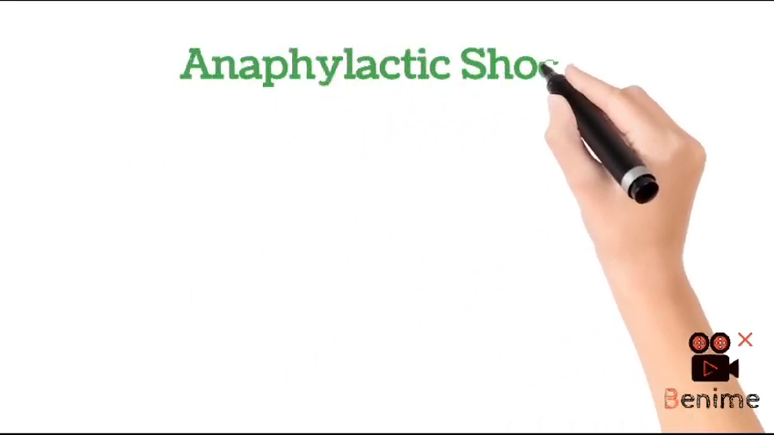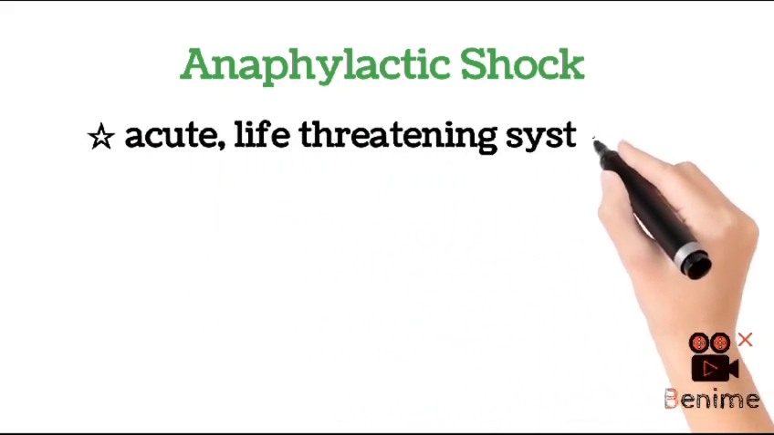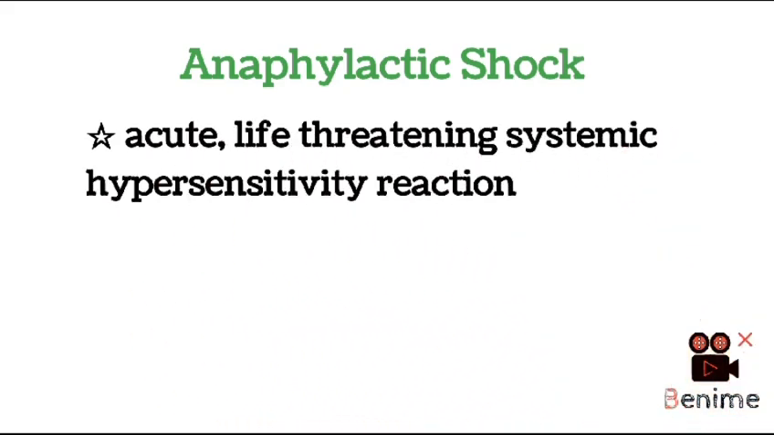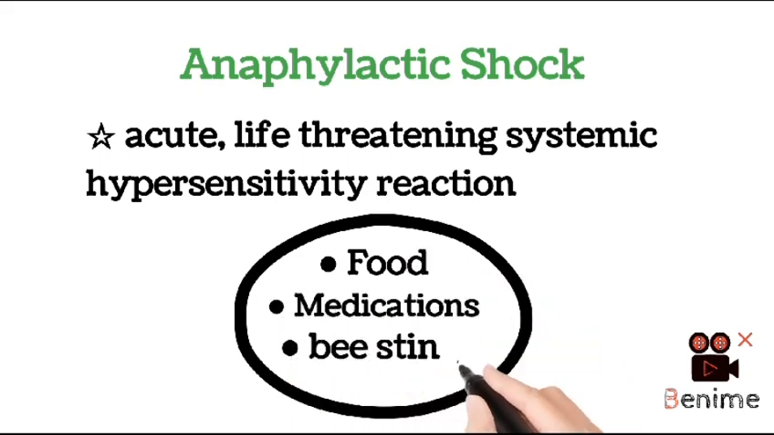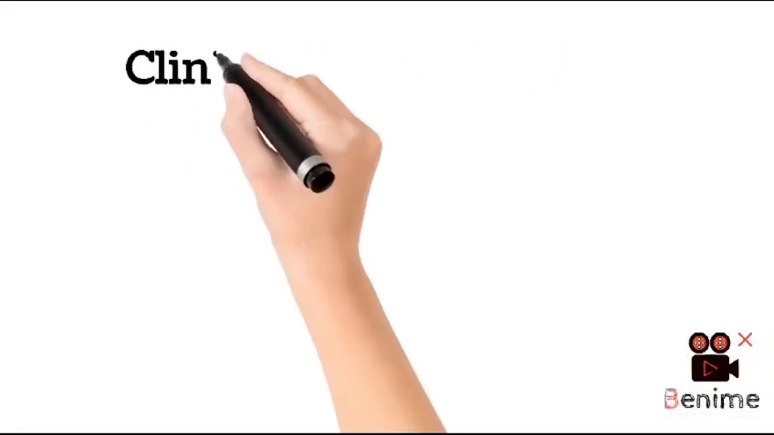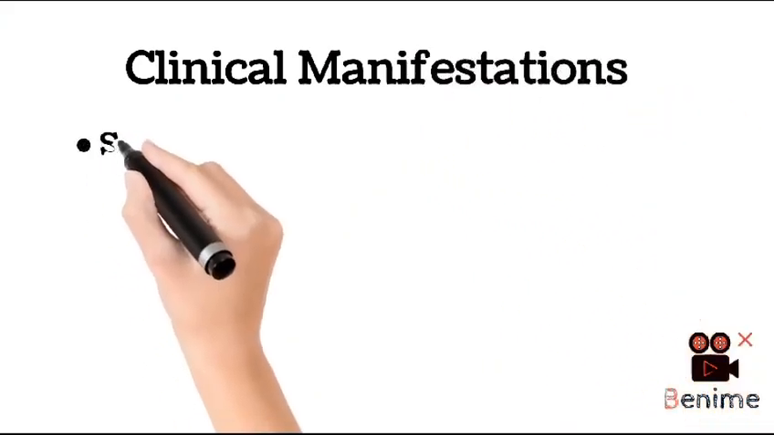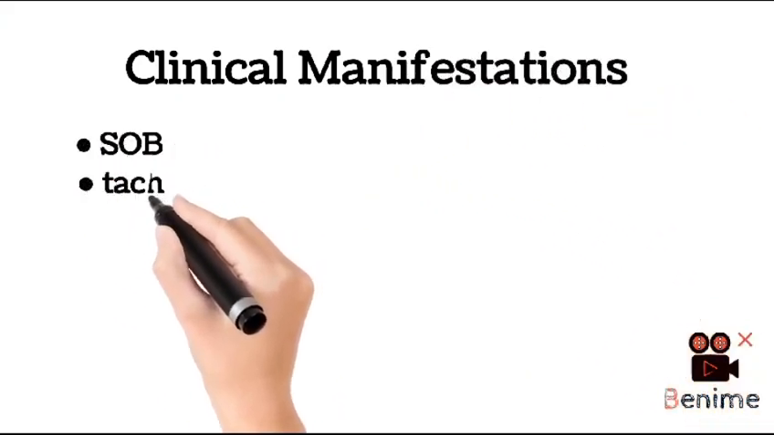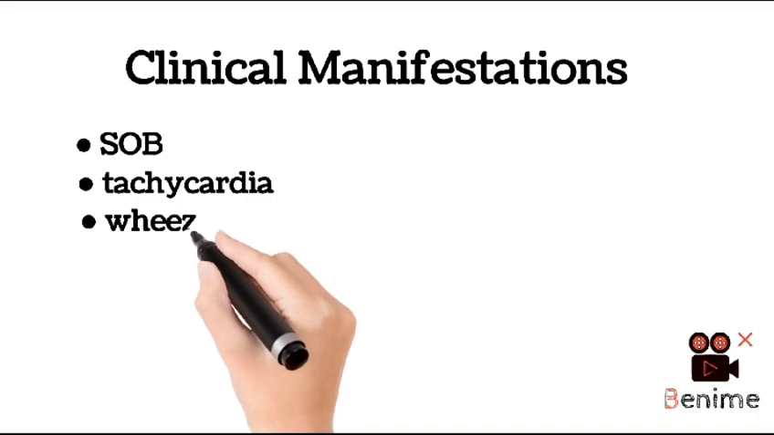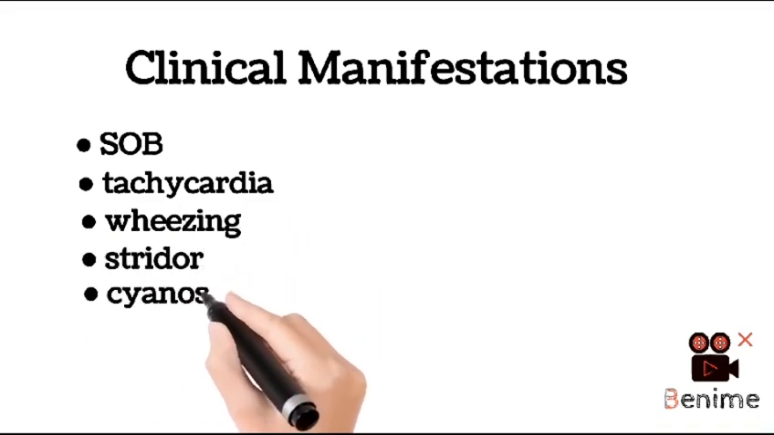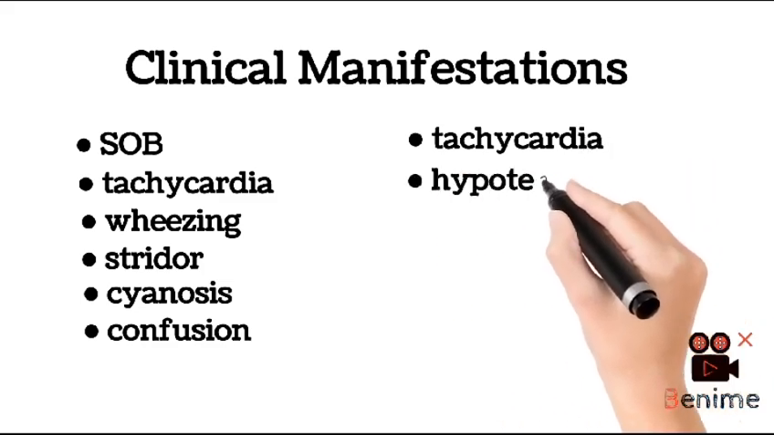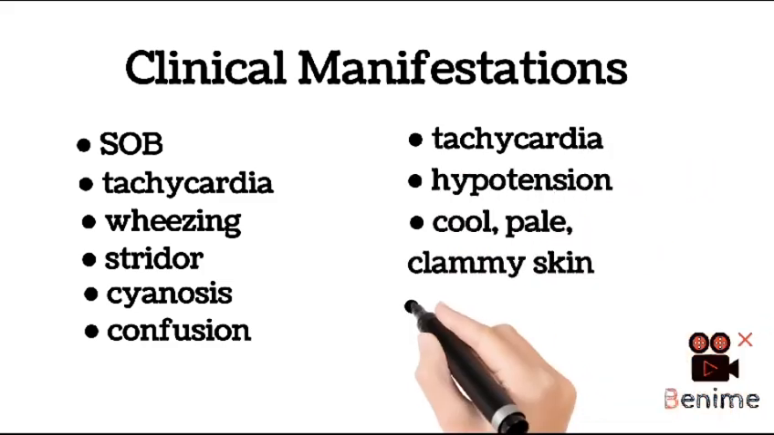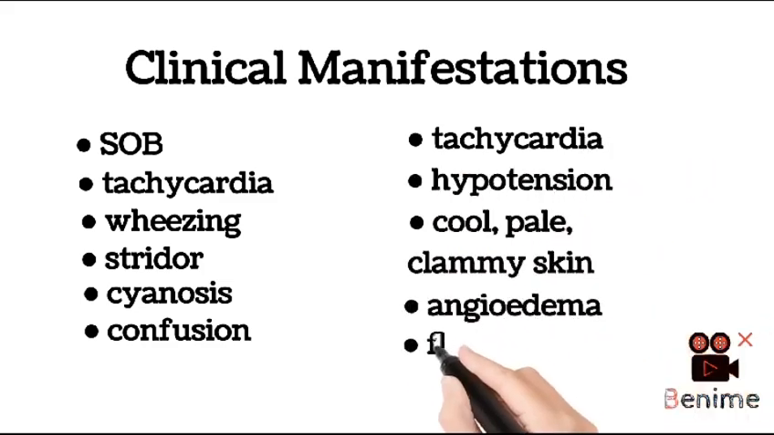Anaphylactic shock. It is an acute, life-threatening systemic hypersensitivity reaction. It can happen with food, medications, bee stings. Clinical manifestations may include shortness of breath, tachycardia, wheezing, stridor, cyanosis, confusion, tachycardia, hypotension, cool, pale, clammy skin, angioedema, flushing